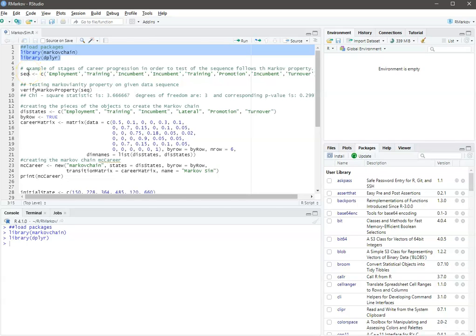an example of stages of career progression, and the purpose of this sequence, this is the object sequence, and these are the stages that an employee may go through in their career at an organization. And so that would be employment, training, then an incumbent for 2 years, back to training, then they get a promotion, they stay in that promotion role, so they're still an incumbent, and then they leave the company for turnover. So the purpose of this is to check to see if,